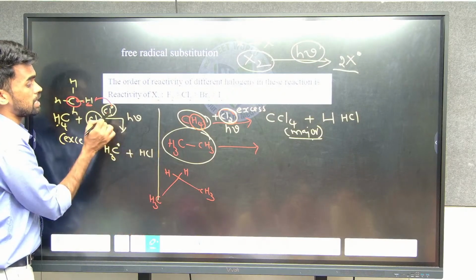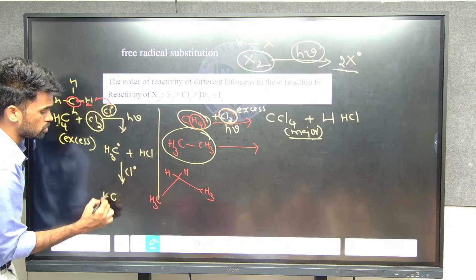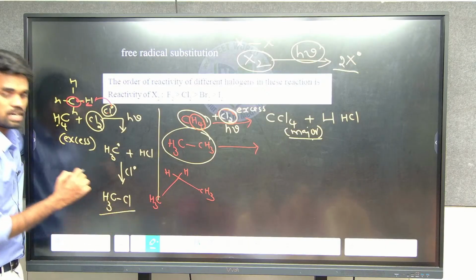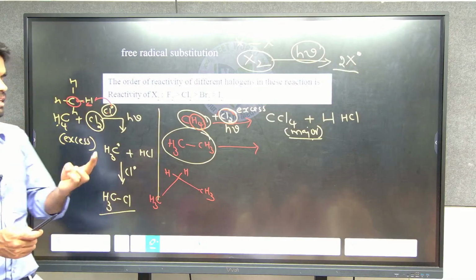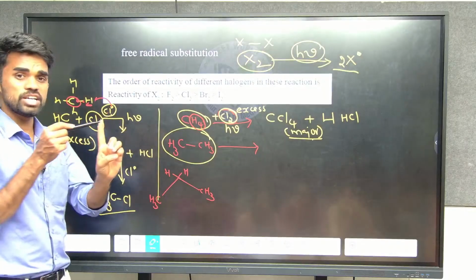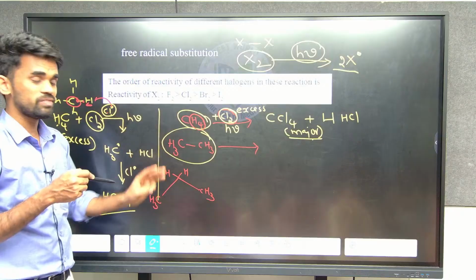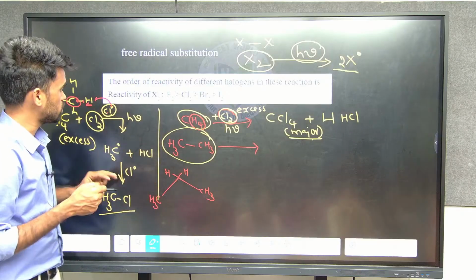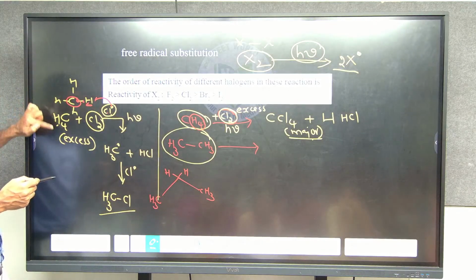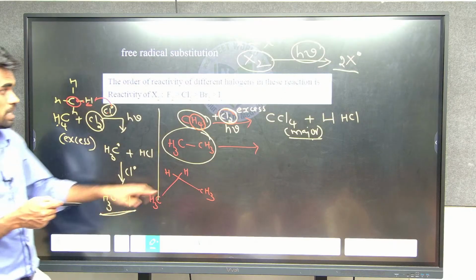That methyl radical and 1 more chlorine, like that reaction takes place and finally gives you this kind of product. Actually it follows 3 steps: initiation, propagation, termination, like this 3 steps are there. I'm not giving all those mechanism steps, but you just remember, if I say methane as excess, what is my product, major product? Methyl chloride. If chlorine is excess,